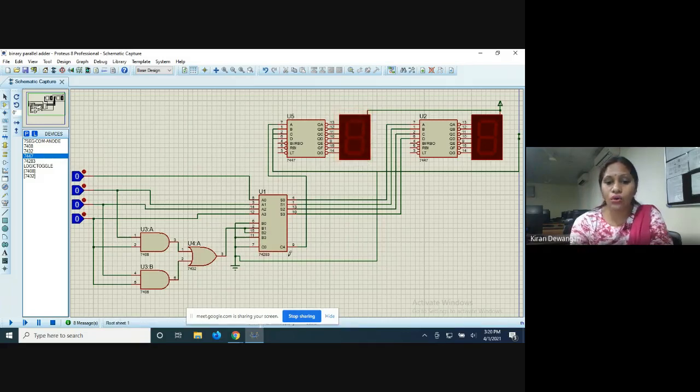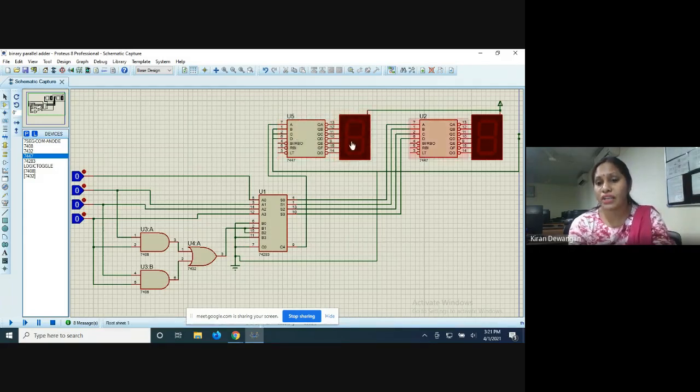So that is how we can design our 4-bit binary to decimal. Here I've taken 2 AND gates, 1 OR gate, 1 4-bit binary parallel adder, that is the 74283 IC. And then I've taken the 7447 IC, which is used for BCD to 7 segment, to display the 7 segment output.